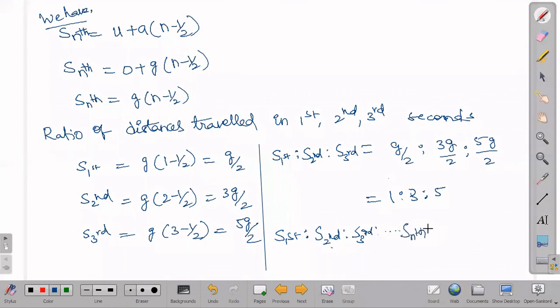Up to there, what will we get? 1 is to 3 is to 5 is to, up to, an odd number, that means 2n minus 1 we can write. 2n minus 1 is the odd number, right? So this is how the ratios of distances traveled in different time intervals